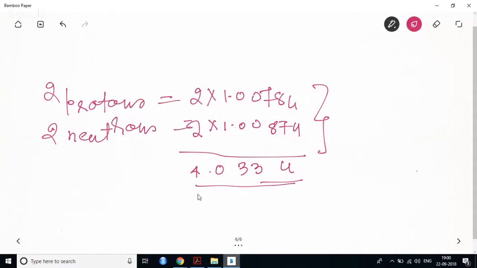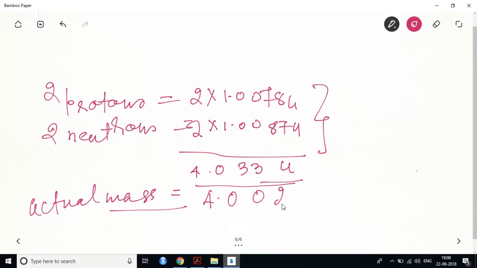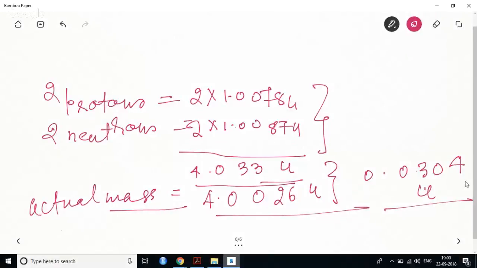But what is the actual mass? The actual mass of the helium atom is 4.0026 unit. If you find out the difference of this, that would come out to be nearly 0.3004 units. Now question is, actually if you add the mass of proton and neutron, this much should be the